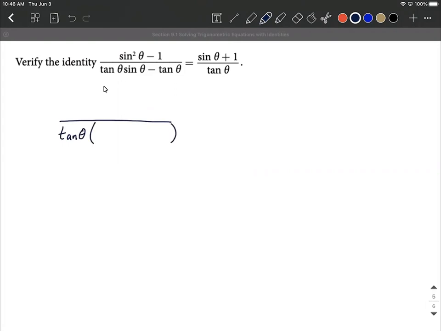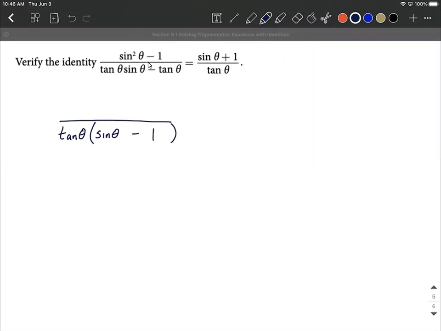Factoring out a common factor, I would have to have tangent multiplied by sine to get that first term. And then I'd have to have tangent multiplied by 1 if I distribute here to get this minus tangent at the end. All right, so as we take a look there,